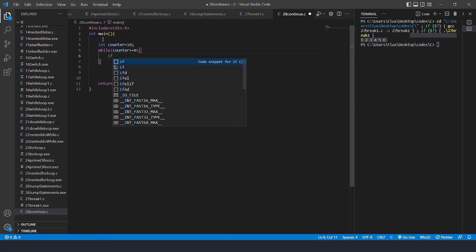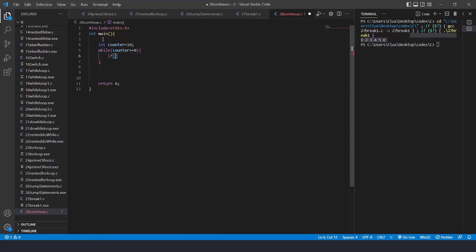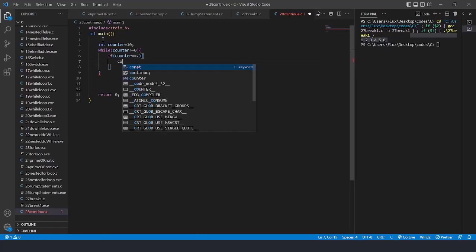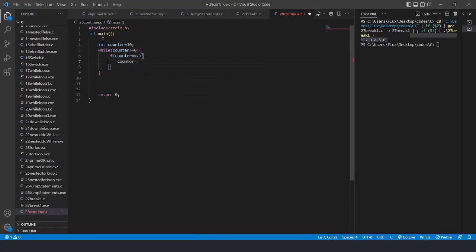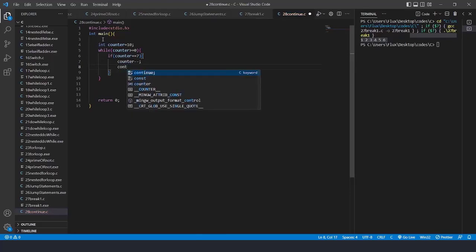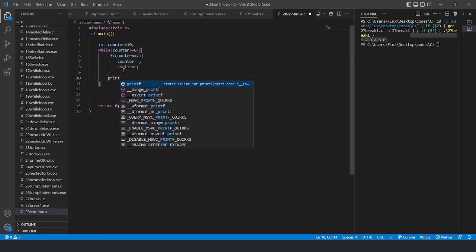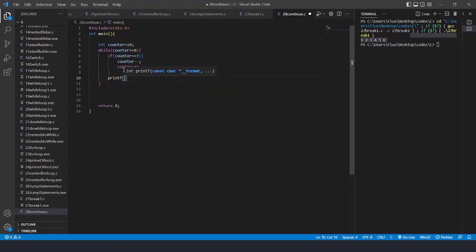So we'll be writing an if statement here, and we'll be writing if counter equals 7. If this is the case, that time we'll skip it. So we'll do counter minus minus, which means counter will be decremented by 1, and we'll write the continue. When we write the continue, it means 7 will be skipped, right? I'll come out of this if statement scope, and I'll write printf, and we're going to print in similar fashion